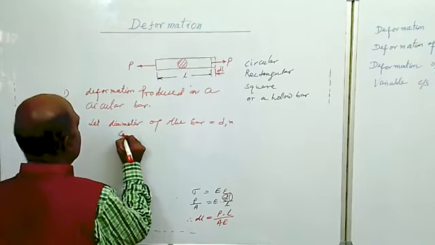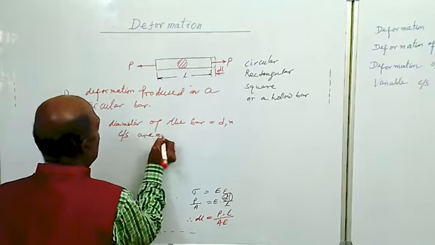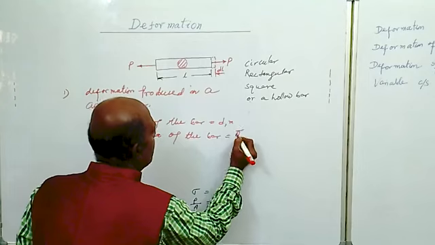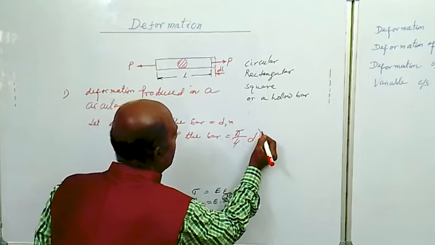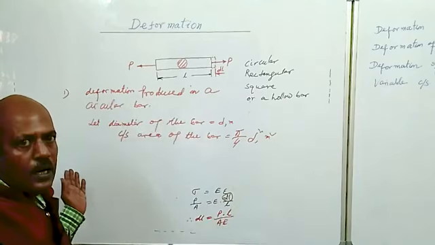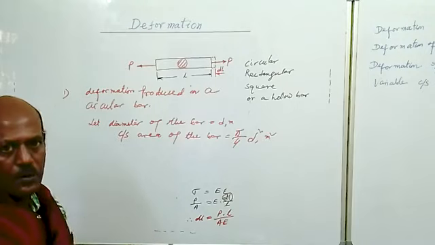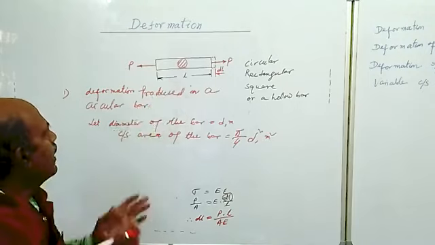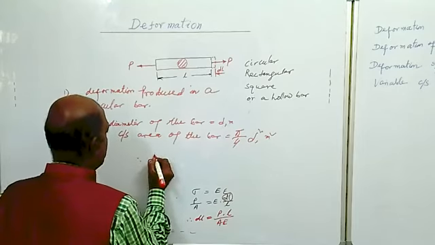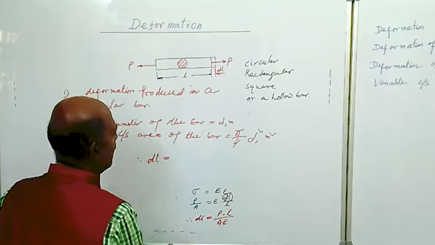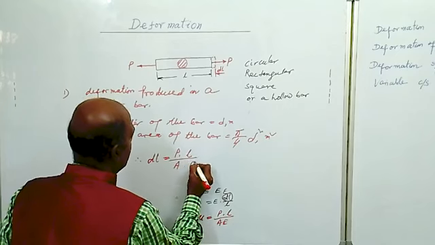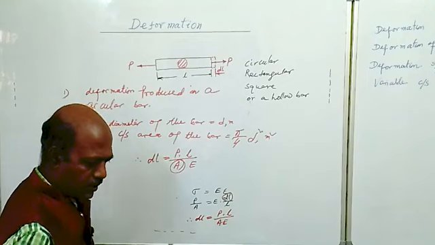So the cross sectional area of the bar is equal to pi by 4 into D square in meter square. So we have got the cross sectional area of the bar. We know the length of the bar L, and under P let the deformation be dl. So directly we can write, therefore dl, deformation produced in the bar, is equal to P into L by A into E, where A is the cross sectional area.